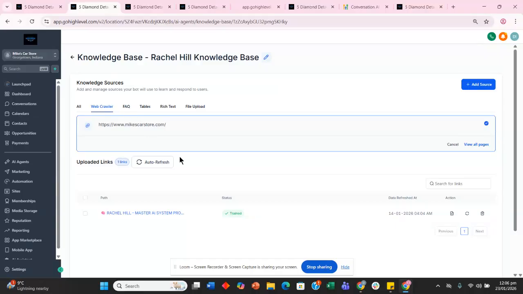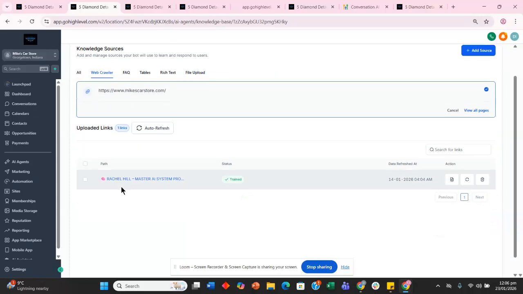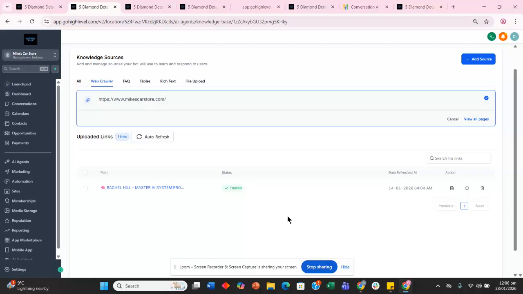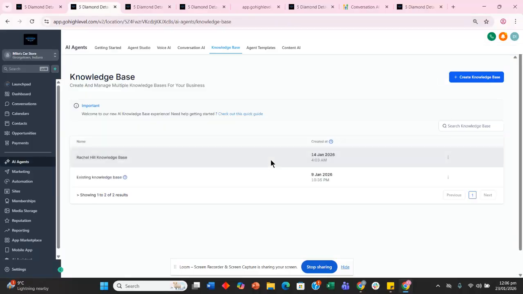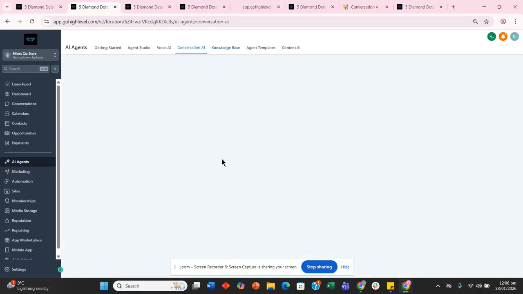So you can give rich text, upload files, or use a web crawler. We are currently using the web crawler for extracting the details from the website, and we have also uploaded a Google document link in which the knowledge base of the bot is being built, right? Once that is completed, you are going to